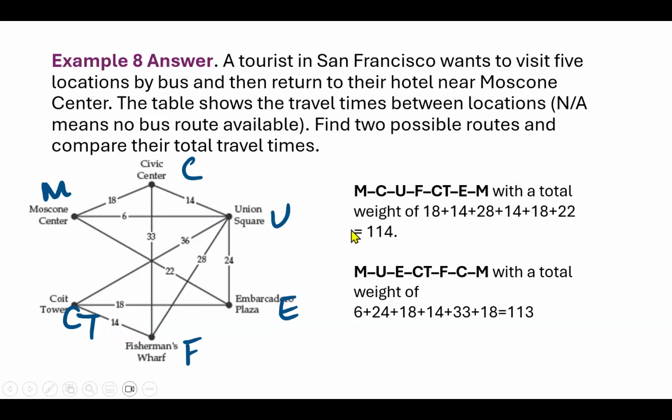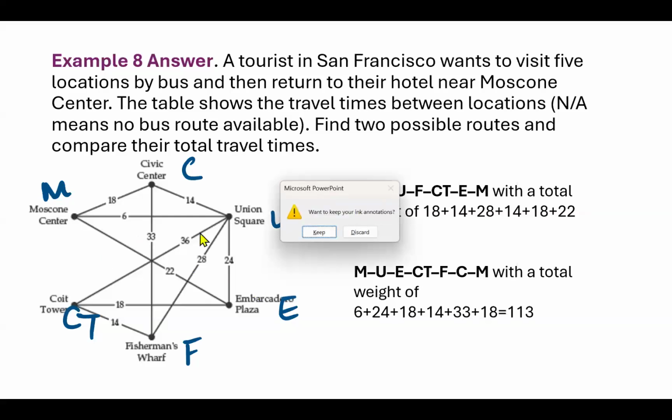But notice that the total time was actually 1:14. And a better way of doing this, because that's what the person wants to do, is to find, probably, the shortest route. The shortest route would be this other way, because if you go in this direction, you go through all of the places, but you actually save 1 minute. Not a lot. So that's just what a weighted graph is. Usually it has specific values on the edges that are part of the question. Okay, so this was just a very quick and brief